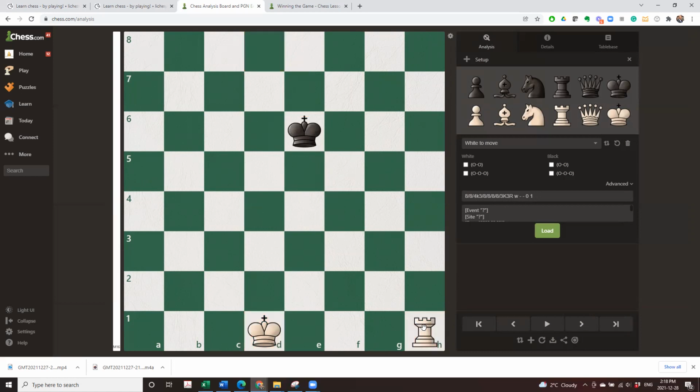So in this position, the best thing to do is to move my rook so that I can take away the 5th rank from the king. So the king cannot come to any of these squares, right? So now the king will be forced to move backwards or to stay on the 6th rank. Now if the king moves,